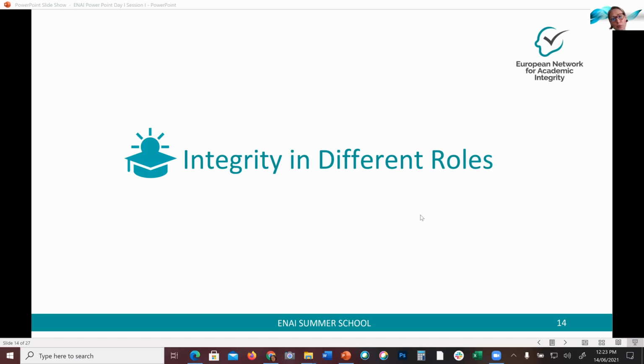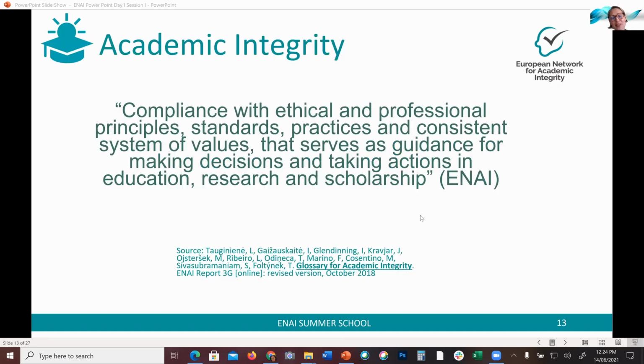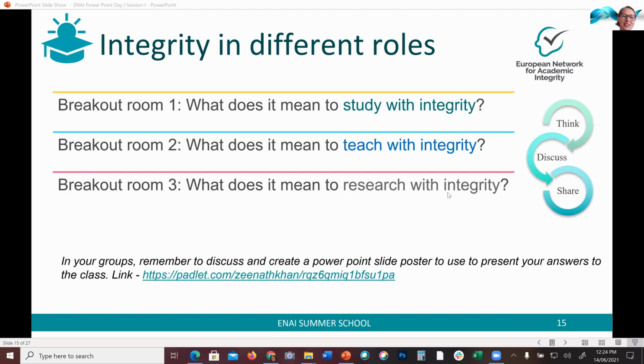As some of you mentioned in the discussion, someone said that you talk from the perspective of teacher. Some of you talked from the perspective of student. Some of you talked from the perspective of researcher. And this is very important, that there can be different ways how integrity manifests itself when we have different roles. And this is our next step, that we want to engage you in a discussion to split into 3 breakout rooms